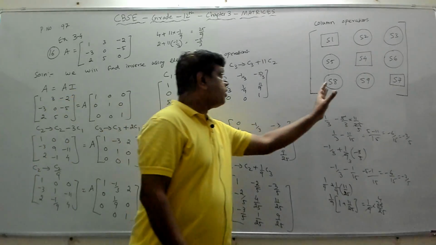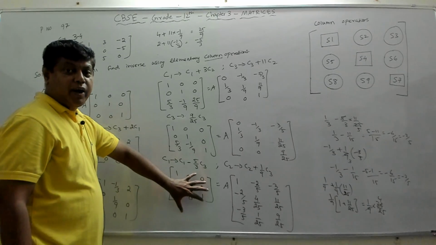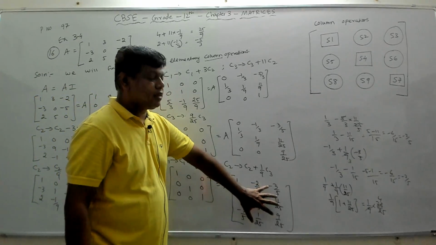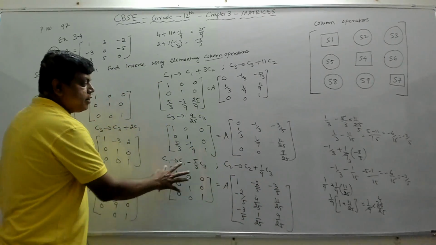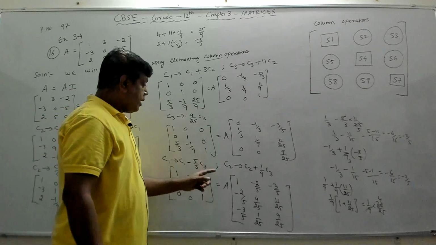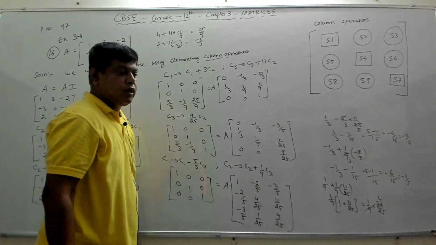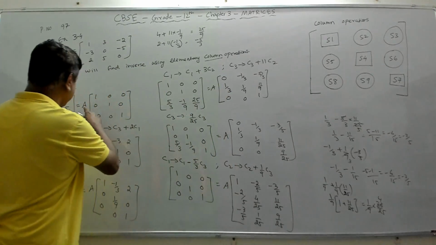We have applied both S8 and S9 in the same step, and now we have to stop because we got the identity matrix here. So this matrix is the inverse of A because we got the identity matrix. So the inverse of the given matrix A is this matrix. This A will keep coming, A into this, A into this, A into this. This A will never change.